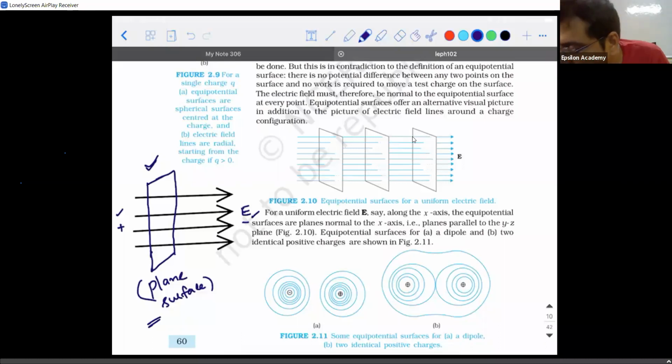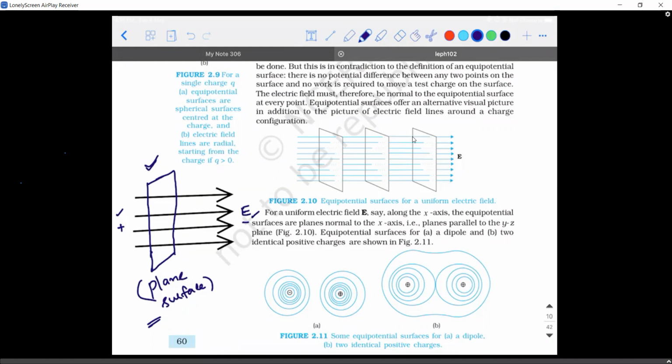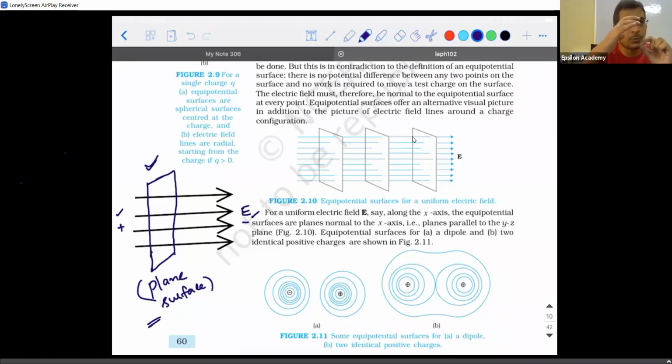See, if I have a charge here, and I take a sphere, every point on the sphere is at the same distance from this charge. Are you able to visualize it? So if I mark this distance as 1 centimeter, I can find the equipotential surface at 1.000000001 centimeter also. Because at that location, the electric potential due to this charge is going to be the same at every point. That will be another sphere.